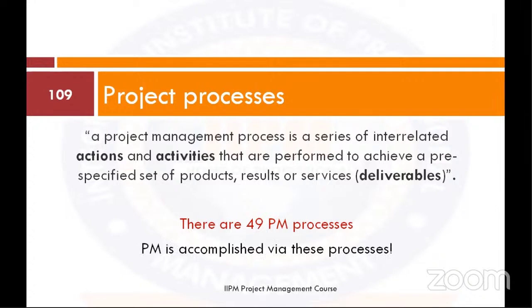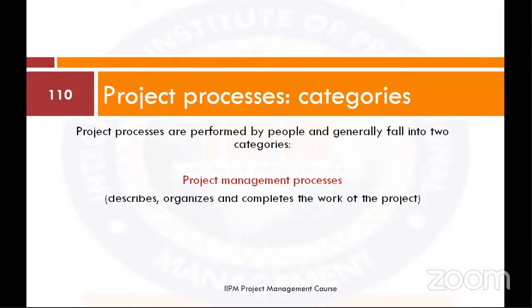All right. So project management is accomplished through these processes. Now, when you get to the knowledge areas, as of the 6th edition, we have 10 knowledge areas. Each of these knowledge areas has its own processes. It is the summation of all the processes that gives you the totality of the project management processes involved in any given project or the likes.